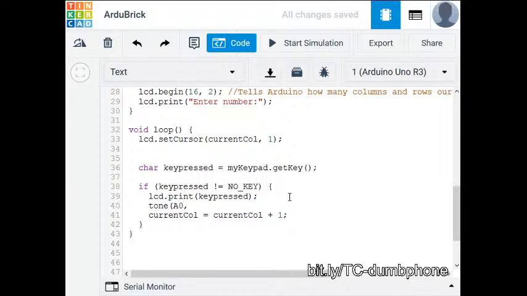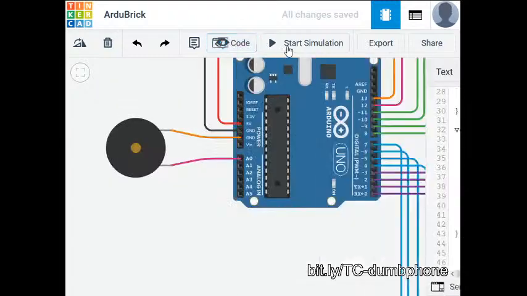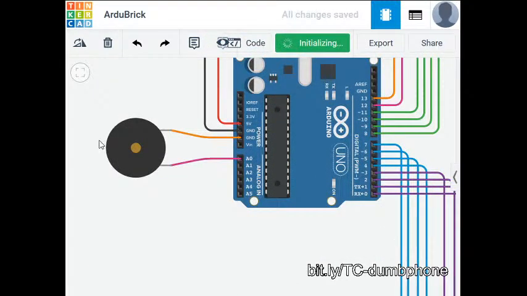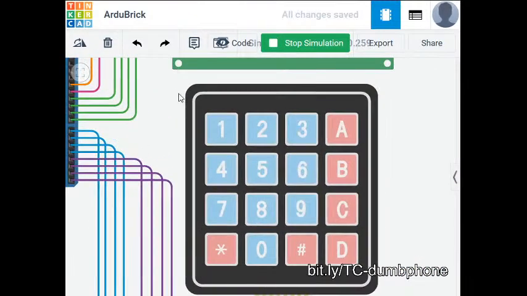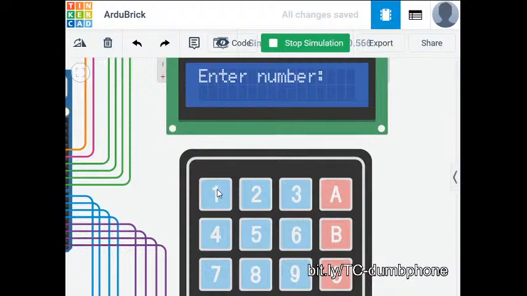What pitch do you want the tone to be played? Let's say 500. And how long do you want it to be played for in milliseconds? We don't want very long because it's a horrible sound. Let's say 50 milliseconds. Close the bracket, close with a semicolon, and let's start the simulation. We've got the speaker there. If you're of a nervous disposition and you don't really like horrible sounds, you might want to mute things now, but